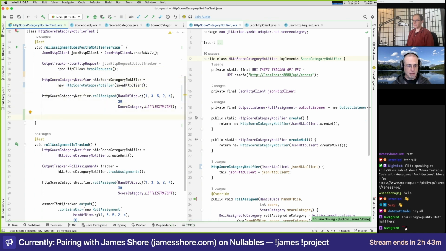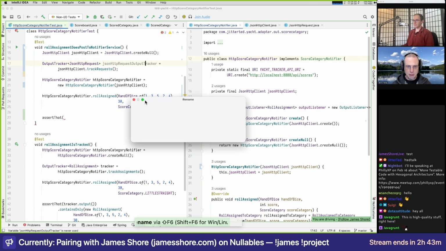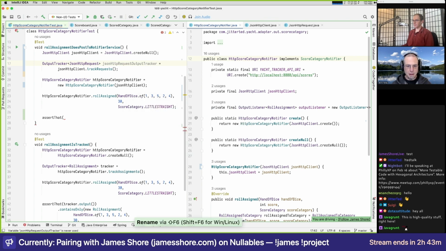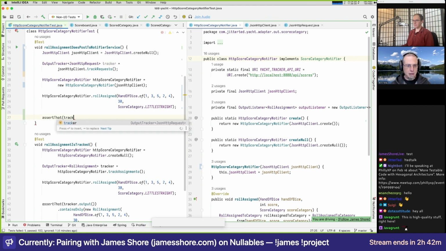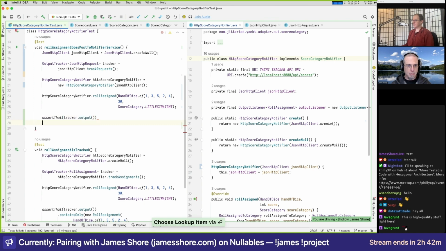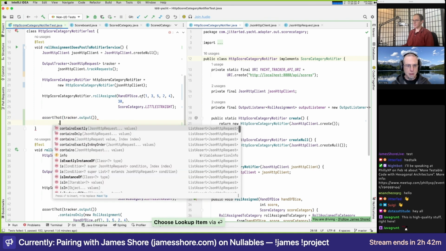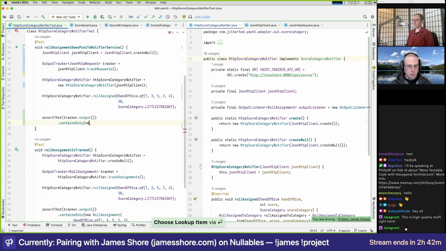All right, so here we're basically going to assert that the tracker. I'm just going to rename this because that's too long. It's only one tracker. And here we're going to do tracker, and we're going to grab the output. It's going to return a list. And so here we expect that it should only do one of these requests. No, not that. It's going to be JsonHttpRequest.post. Oh, that's right. We had